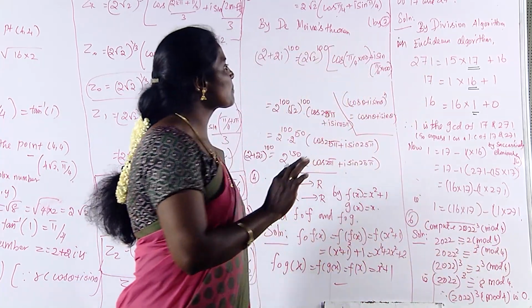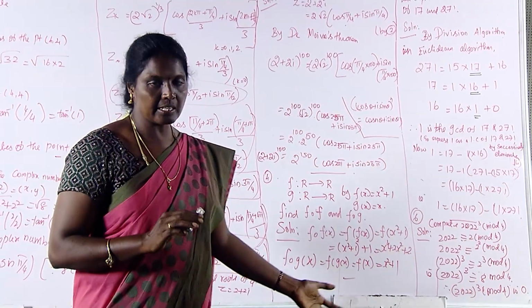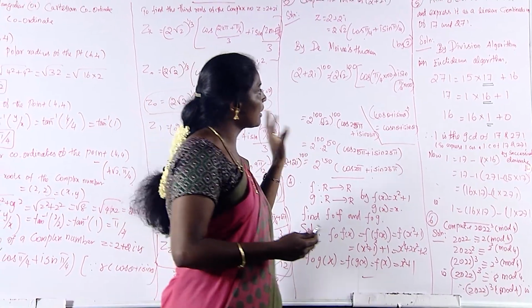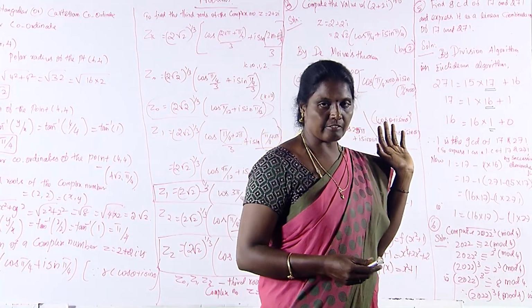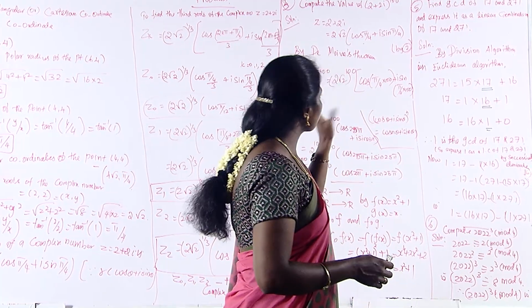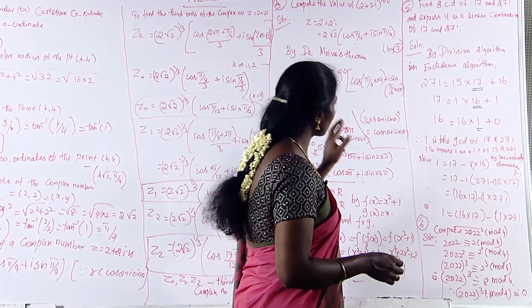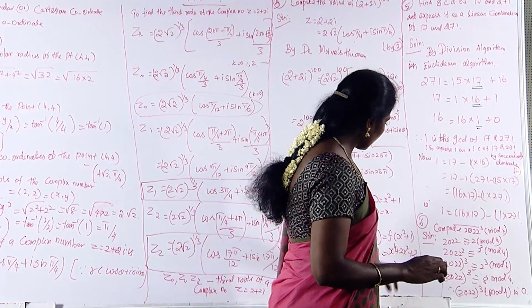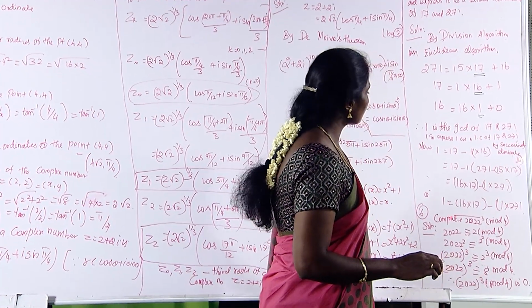So, I have expressed the GCD as a linear combination of 17 and 271. I think I have a clear idea about this division algorithm. And finally, we are going to compute